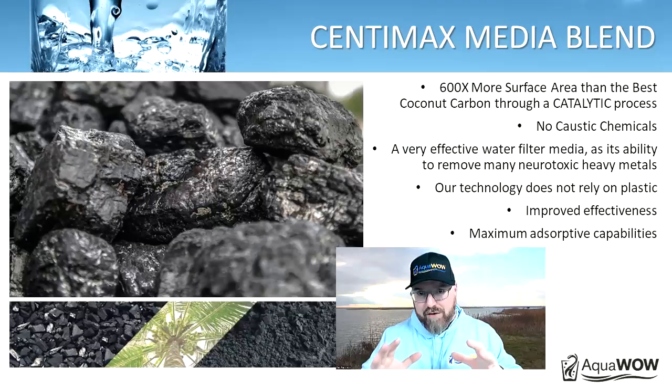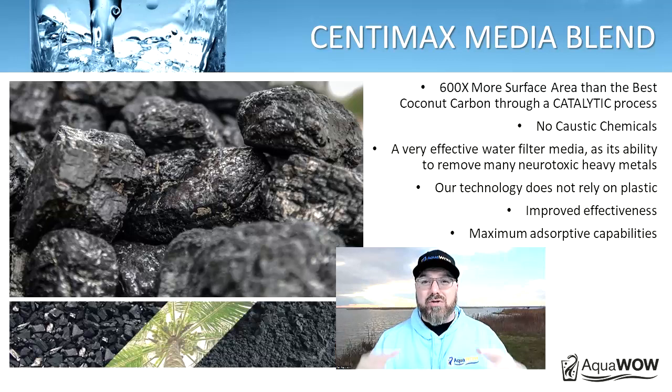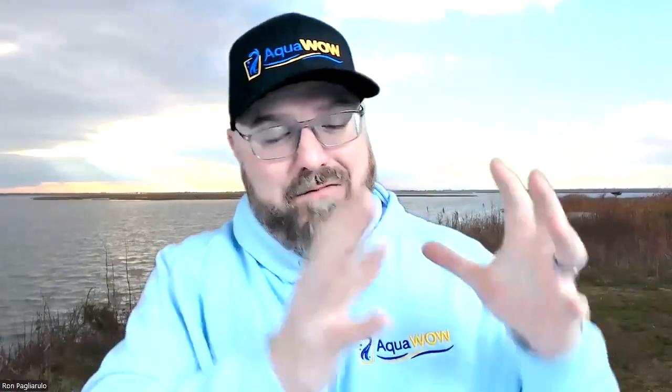The more surface area, the more it comes in contact with the water and the toxins, the better it is to reduce and remove and target those contaminants. This is really going to work on those neurotoxic heavy metals, the plastics that start to appear in the water. And then we combine it with another medium. And then really this combination, the advanced synergistic media that we have, it's going to work on the disinfectant byproducts,